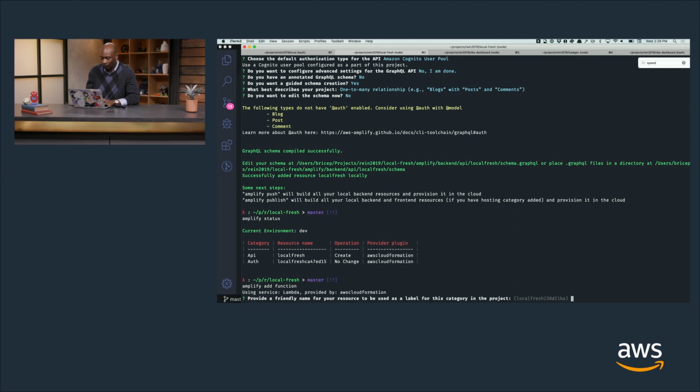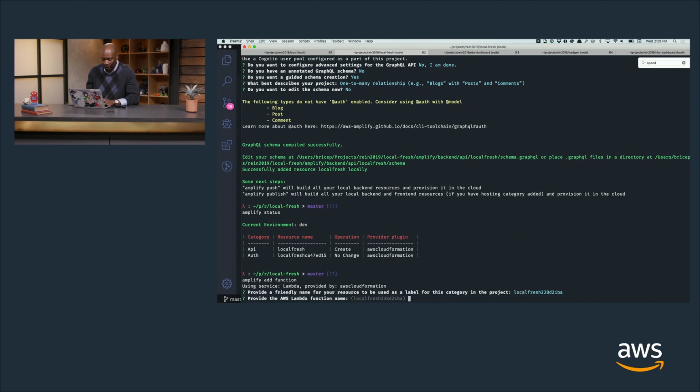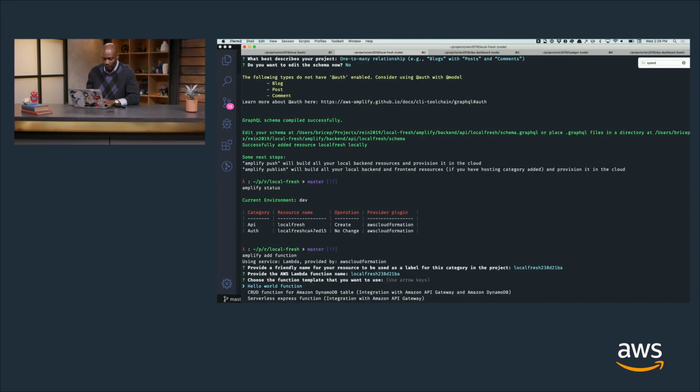I'm just going to use the regular function name that's provided, and I'm just going to do a simple hello world type of configuration. Then it's asking me if I want to access other resources created in this project from the Lambda function. The Amplify CLI can actually help me assign the right type of permission to my Lambda function to make sure